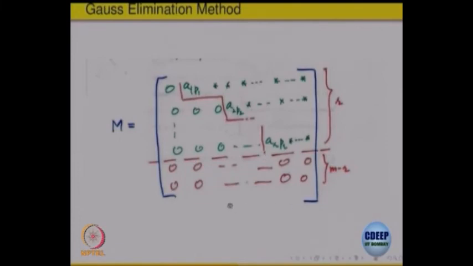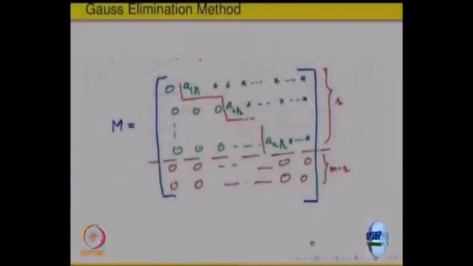So, this is called the row echelon form of a matrix, and Gauss said that if you apply elementary row operations to every matrix, he did not say it exactly in matrix form, he was doing it for linear equations in 2 and 3 variables and so on, he said you can bring it to that form. So, later on it was made more rigorous.